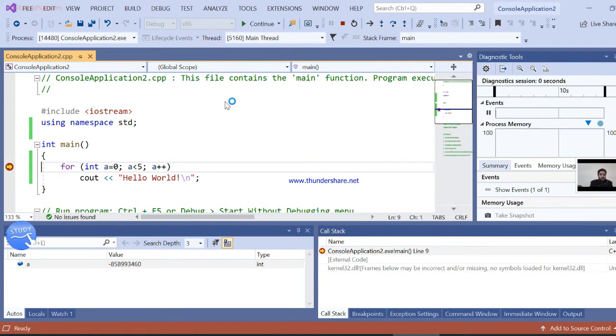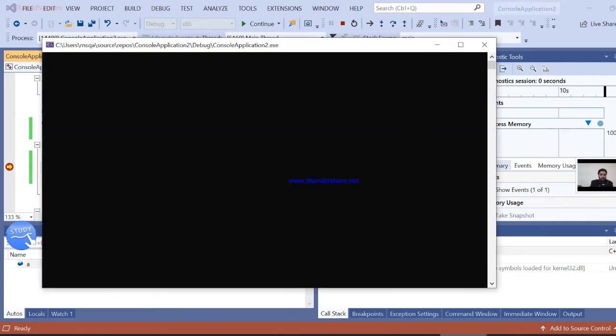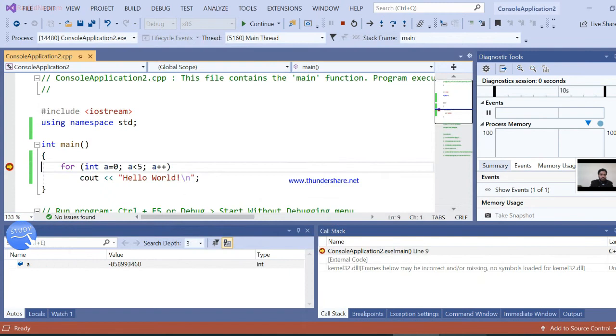Good. Here you can see that on the black screen there is nothing, because our execution is waiting here on this line, on the for loop. So you can just come to the menu up above.